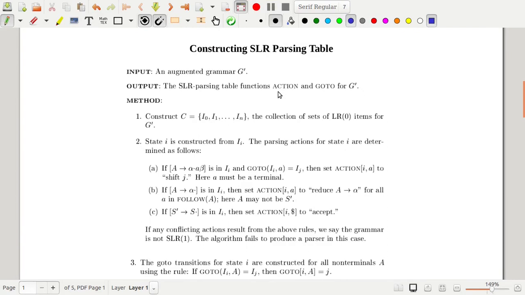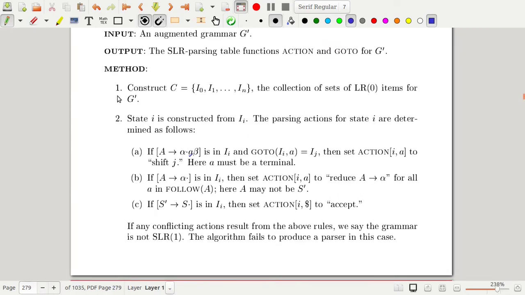This is the algorithm for constructing the SLR parsing table. Input is an augmented grammar G dash, output is the SLR parsing table functions action and goto for G dash. First step is construct C equal to I0, I1, up to In, the collection of sets of LR(0) items for G dash.